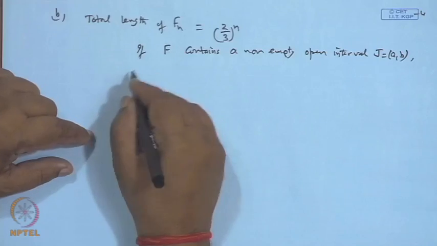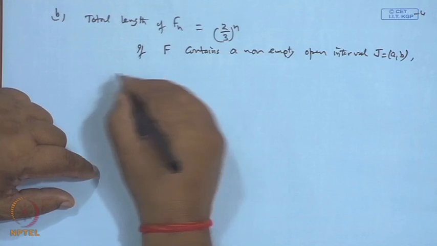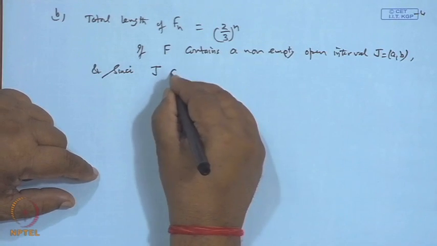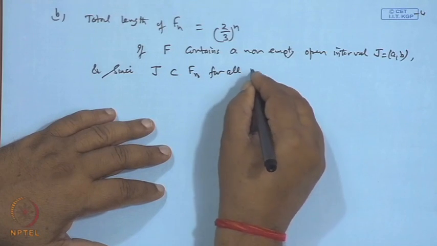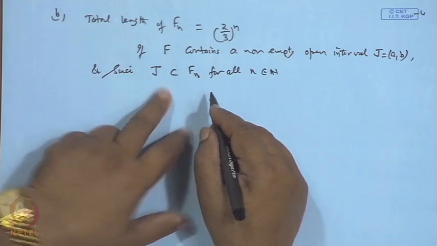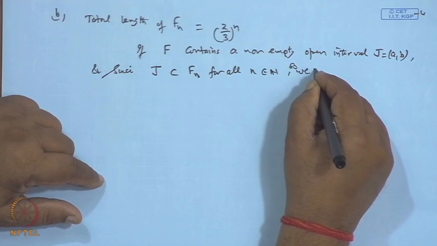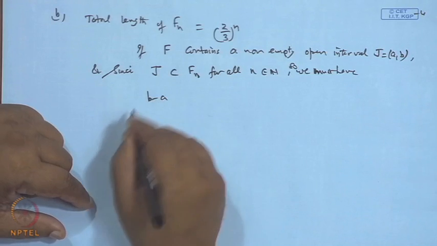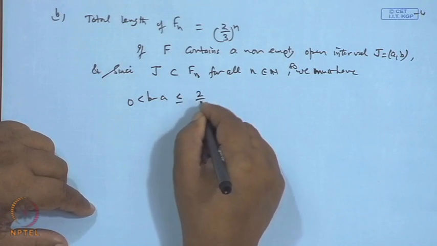So, basically we say this interval (a, b) will be... since J, which is this open interval, is contained in F_n for all n, this is true, is it not? For all n, J is contained in this. So, the length of this, b minus a, which is positive, must be less than or equal to the length of this F_n,